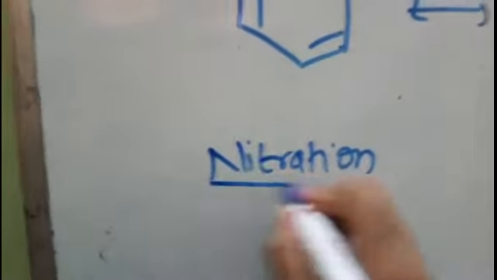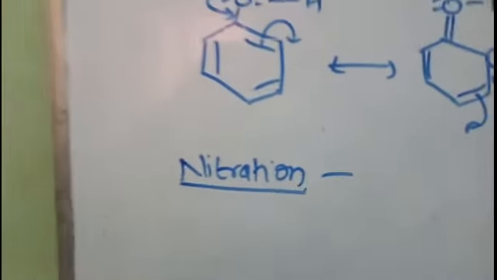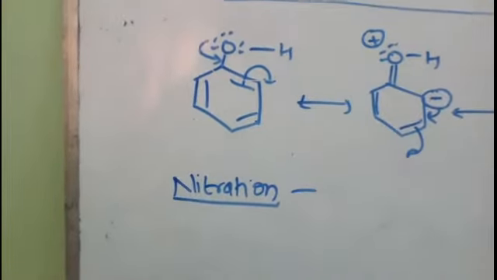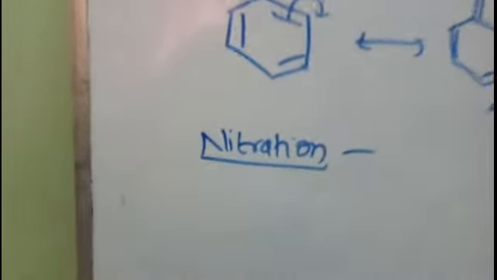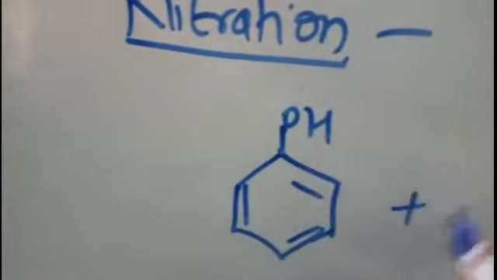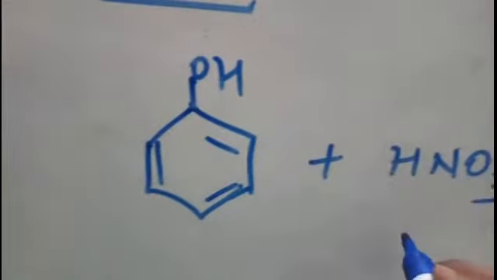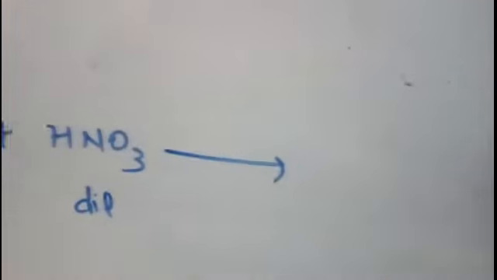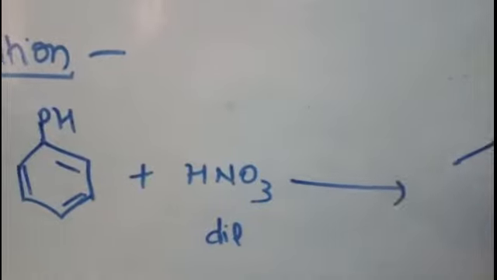Now generally the nitration is done in the presence of a nitrating mixture, that is concentrated nitric acid and sulfuric acid. But here in the case of phenol, due to the highly activating nature of this hydroxyl group, the nitration can be carried out even in the presence of dilute nitric acid. When this phenol is treated with dilute nitric acid, then ortho and para substitution take place. You know this, that always the para product is the major product, whereas the ortho product is the minor product. So here also in the same way we will get ortho nitrophenol